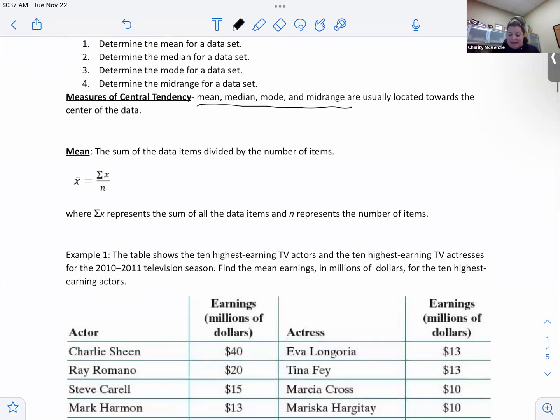So the mean, here are the symbols for the mean. The mean has this x bar that represents an average, a mean. And it says the sum of all your numbers divided by how many numbers there are. So what are you going to do? Add up all your numbers and divide by however many numbers there are. Pause, take a second, write that down. That's what it looks like in symbol form.